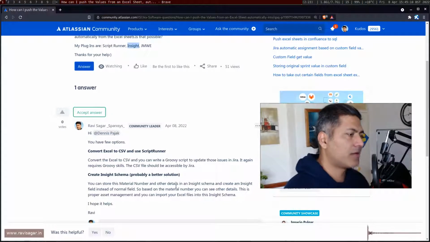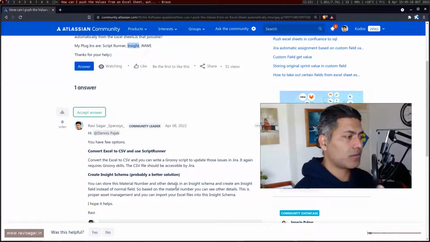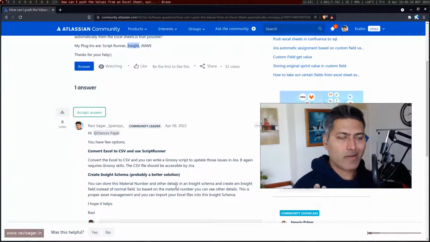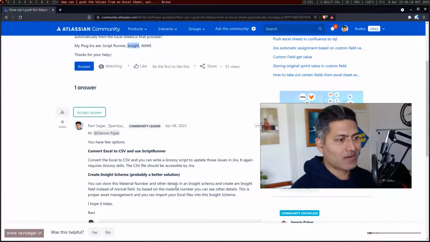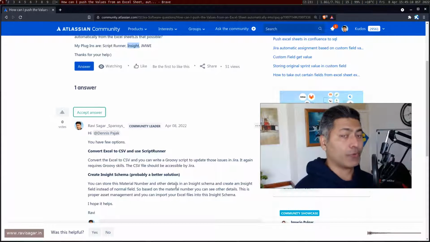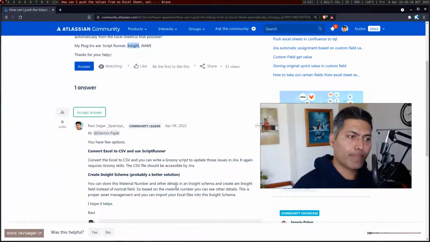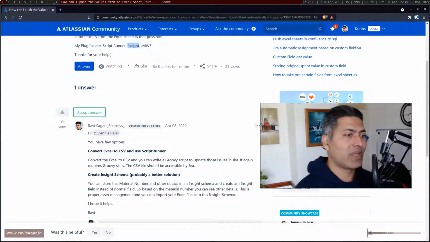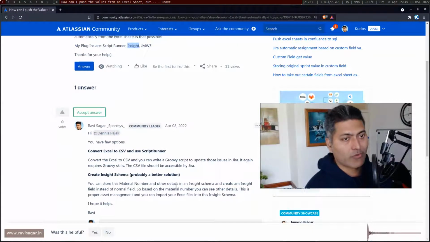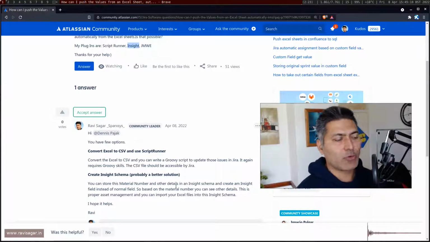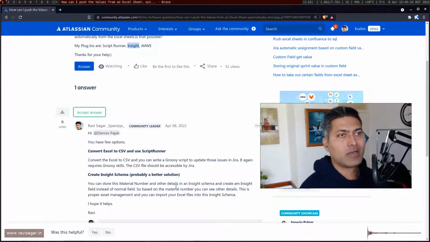Because you already have Insight, and what you are doing is a typical example of proper asset management. So ideally you should try to set up an Insight schema, because you can create a schema, and an Insight schema is a bit like a Jira project where you can have different objects and objects can have different attributes. So you will have basically this schema for your machines, and you can have attributes like machine number and other